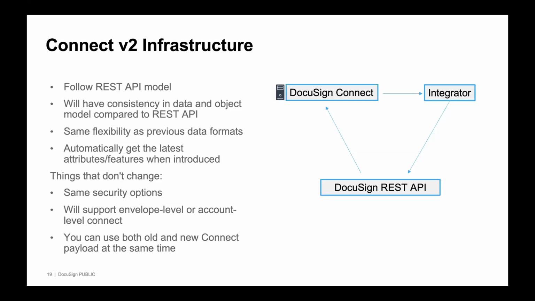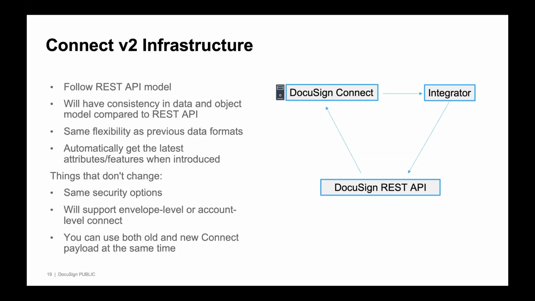For those who've used DocuSign's Connect, you would know that there's a lot of customizations you can do with the payload. So that includes things like whether you want to include documents, whether you want to include the account IDs of the sender, whether you want time zone, or all these things that you can add and append to the DocuSign Connect object, so that it could be a very slim object just for notifications, or it could be very broad and include all the documents and tab data and all that sort of thing. So this continues to be true in this REST API model for the Connect V2.